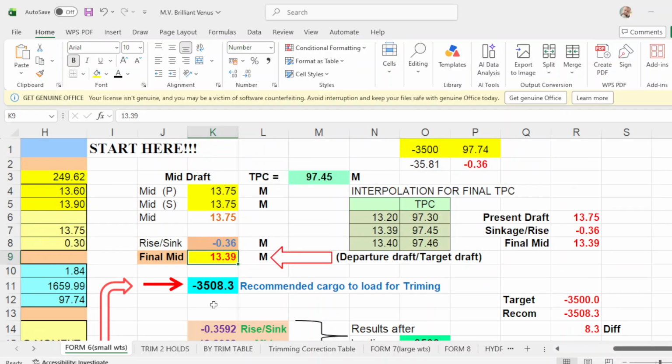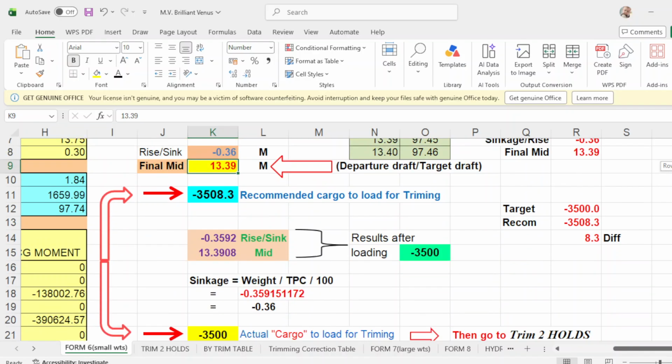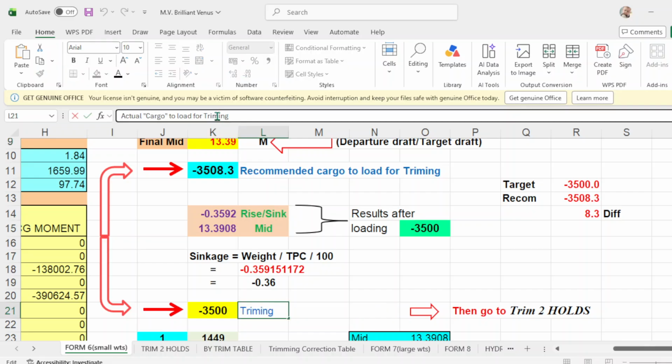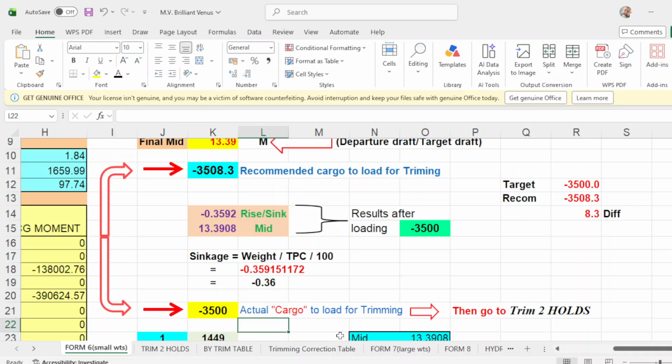Anyway, the departure draft should be 13 meters and 39 centimeters. But you have to discharge only 3,500. So this is the actual cargo to be discharged for trimming. That is to be discharged, not loaded.